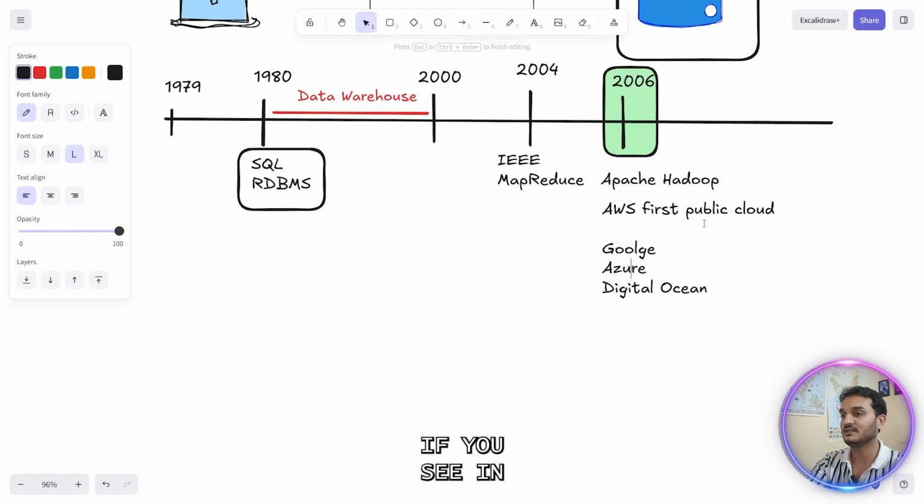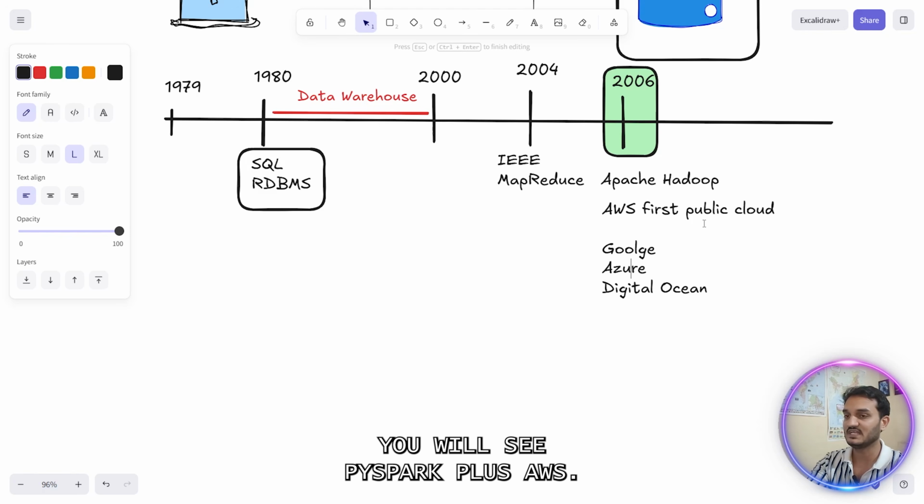That's why in most of the hiring, you will see PySpark plus AWS. Any data role also requires a cloud platform. That's the reason why it is being used. It is being asked everywhere. And nowadays, people are